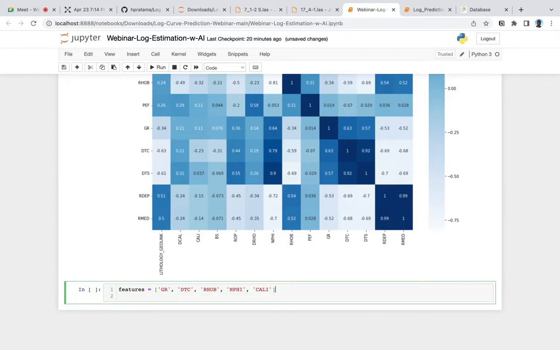You can also add other well log data according to your expertise, like maybe you can add the porosity or something like that if your data has the porosity log, or maybe you can add other well log data as well. It is all up to you. The target is the DTS, so we want to predict the DTS in here. So this is the feature selection.